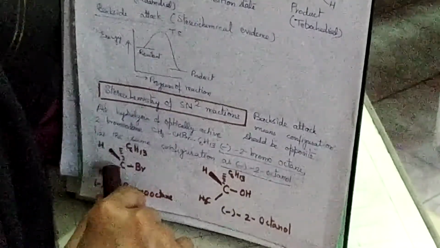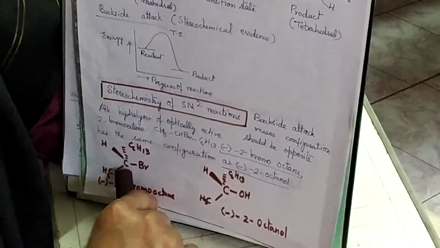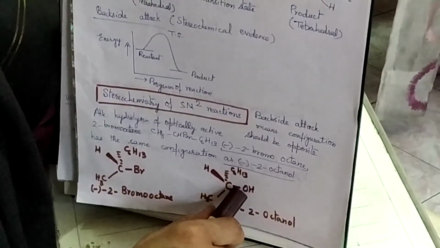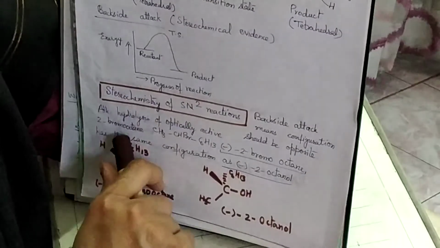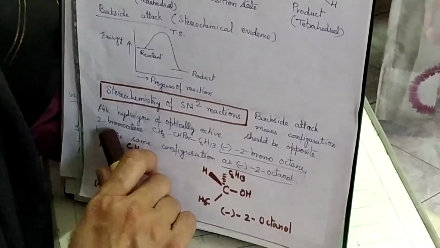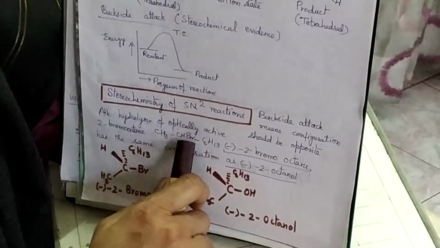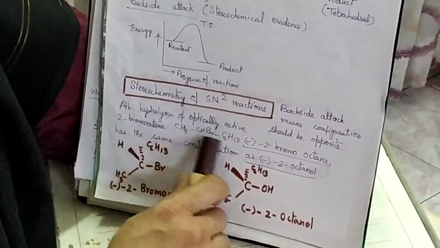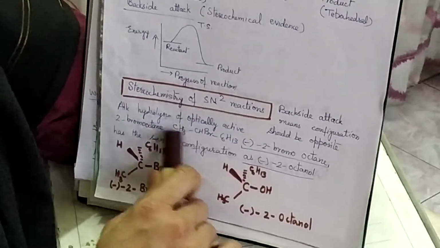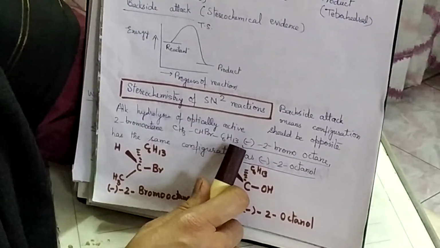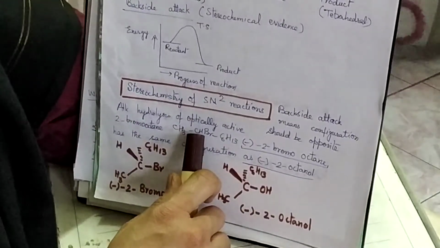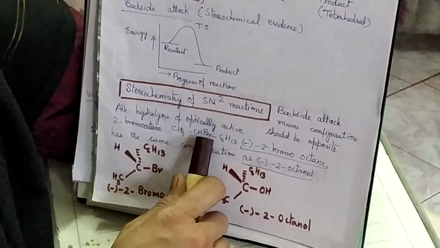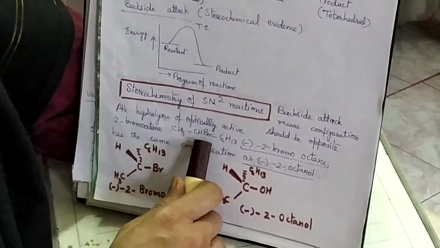Now why have we chosen these examples? Because these are optically active molecules and they can tell us whether the configuration is the same or has been inverted. Now in this case, as you can see, we have the 2-bromo-octane molecule. I can show the structure like CH3, CHBr, C6H13. This is an 8 carbon containing compound, so octane, and the second position is substituted with Br, and therefore this is called 2-bromo-octane.